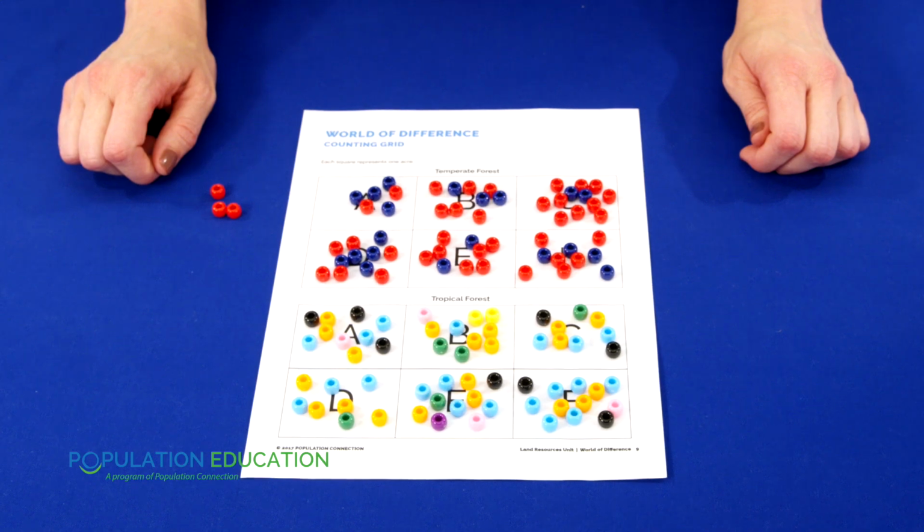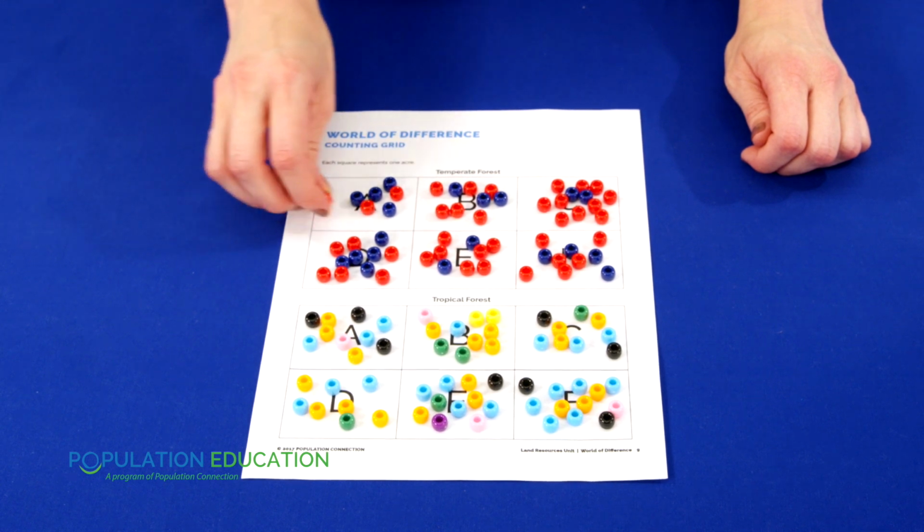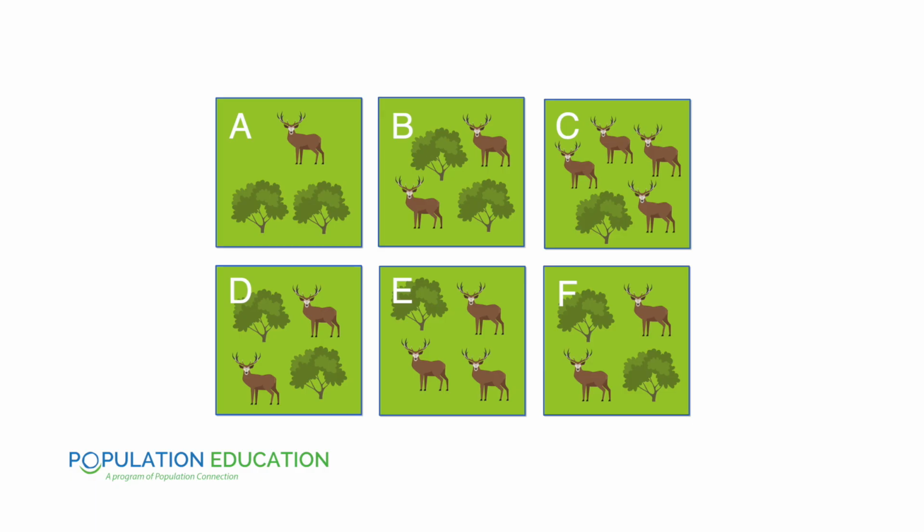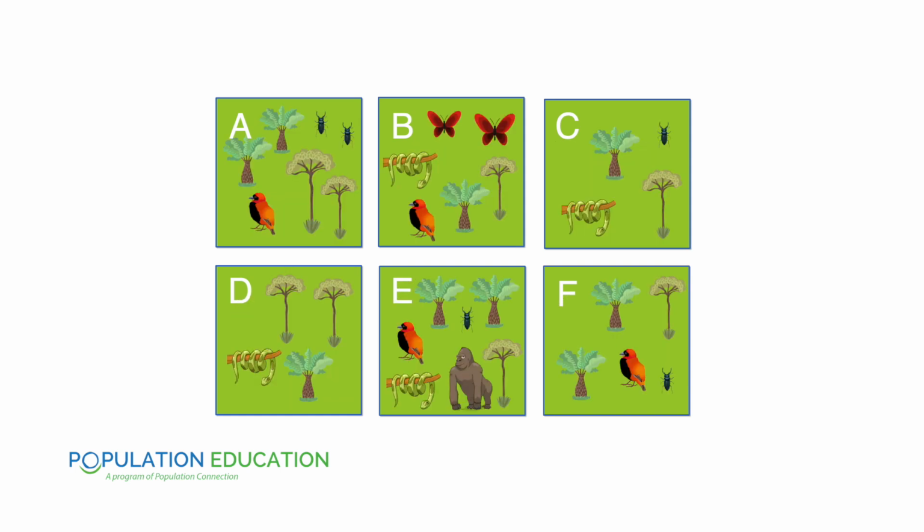The first thing your students will do is set up their 2 forests, as instructed on the student worksheet. I already went ahead and set up my forest using the outlined parameters. Well, almost, but now it's done. Part 1 of the worksheet has students look at the biodiversity of each forest. In the temperate forest, the acres are all similar. They all have 2 species. But in the tropical forest, there's more variation between the acres, and some acres may have up to 7 species,